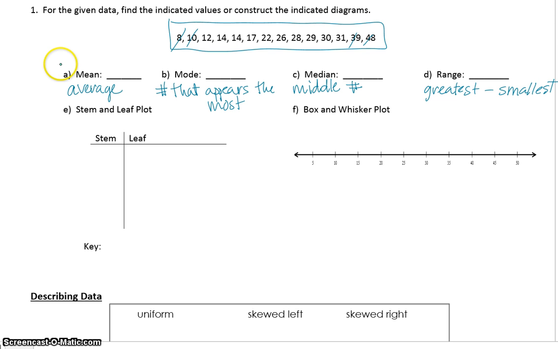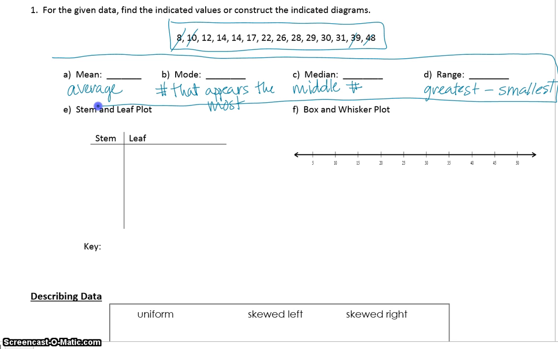Okay, so for tomorrow, I would like for you to calculate the mean, median, mode, and range. Okay, so now let's go ahead and look at constructing a stem and leaf plot. So a stem and leaf plot is obviously going to have a stem and a leaf, and our stems are going to be something like